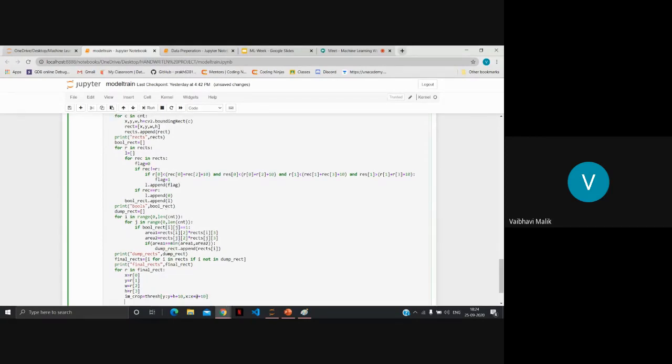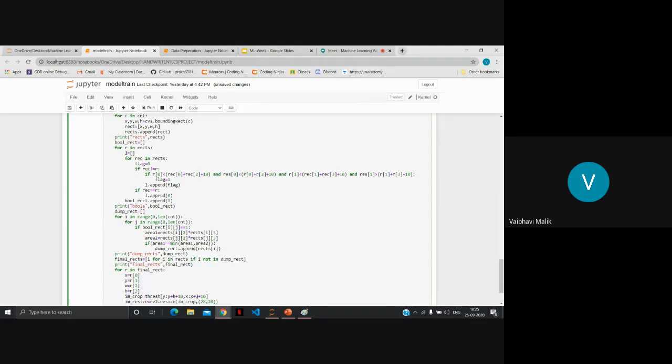Done. Cropped image. Now same, we will resize the image. We'll use the cropped image here, and we will specify the dimensions.